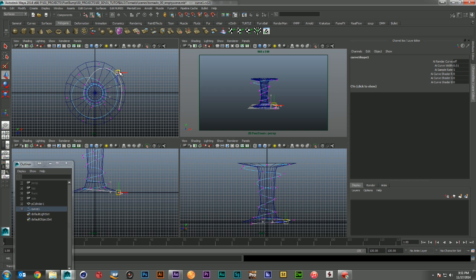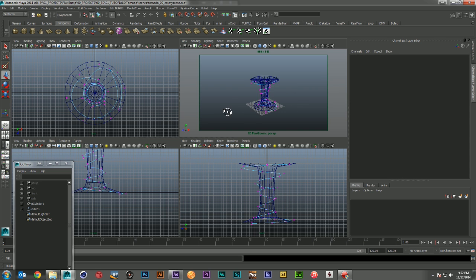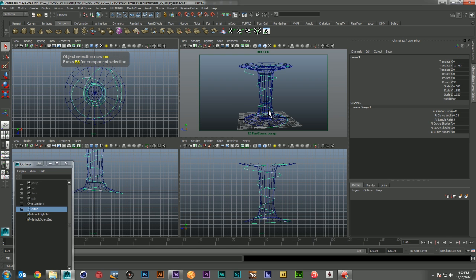There we go. Something like that. That doesn't look too bad. The more spans you put in when you rebuild your curve, the more of these you can have. So with that in place, I'm going to go ahead and leave my component mode, and I'm going to duplicate